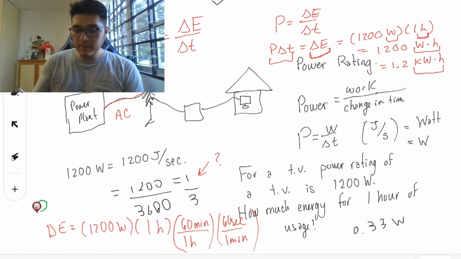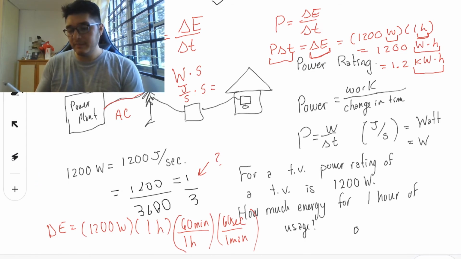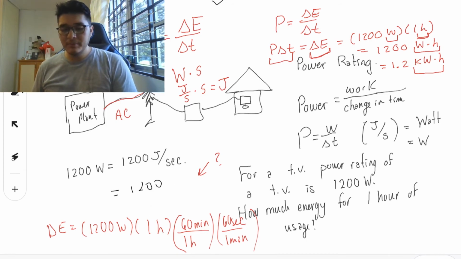So what's going to be watt times second? A watt is joule per second. So what's joule per second times second? It'll just give you joules. Oh,